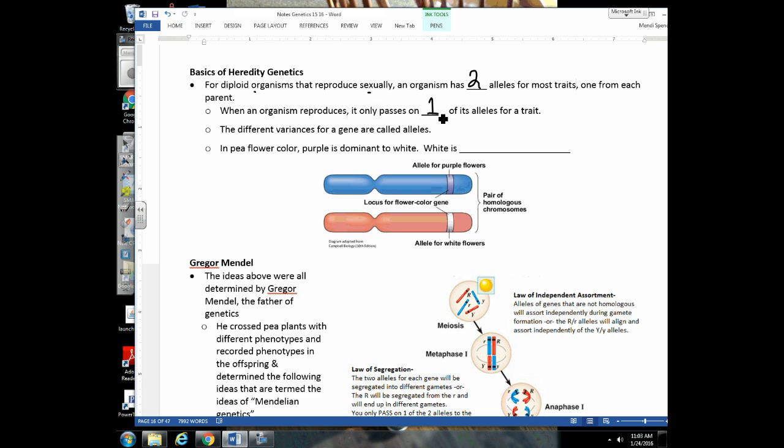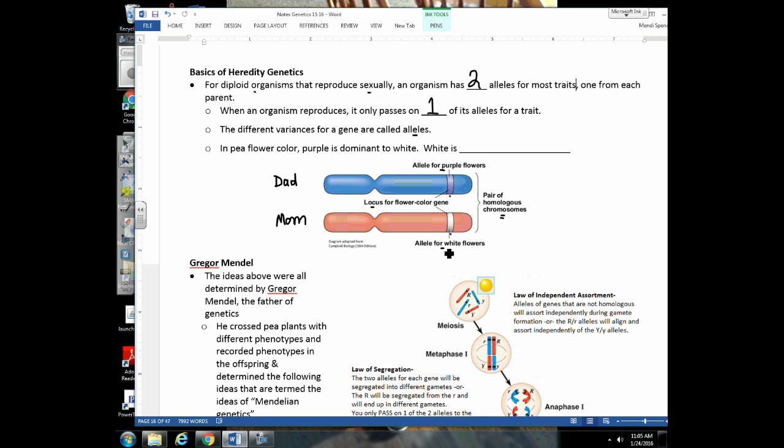Now I want to mention a term that I'm going to use often, the allele. Here I have a pair of homologous chromosomes. So again, one is from one parent, so let's say this one's from dad, this one's from mom. Since these chromosomes are homologous, they're going to have matching genes. In this location, there's a gene for flower color, and in this location, there's a gene for flower color as well. But you can see that there's different codes or different variances at these genes. This one has a code or an allele for purple flowers,